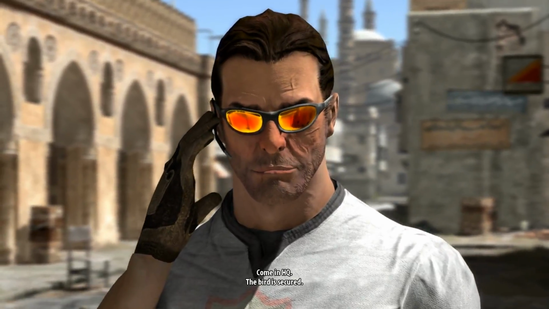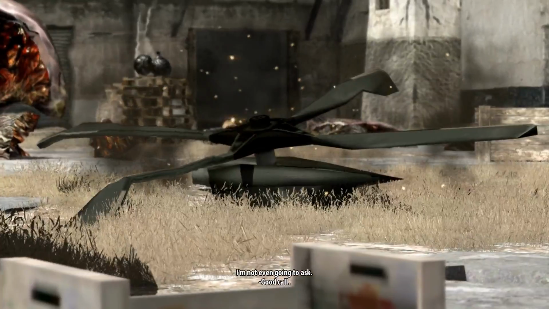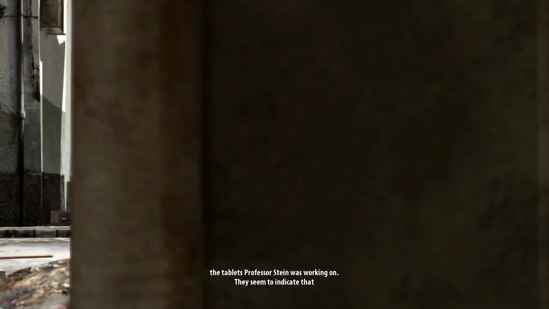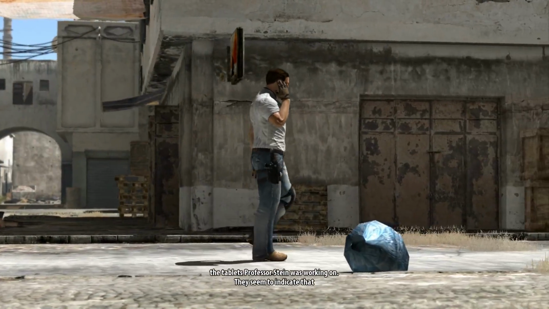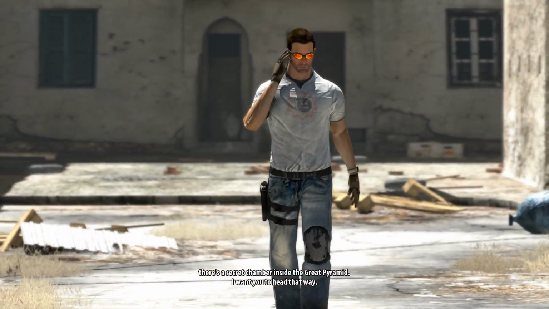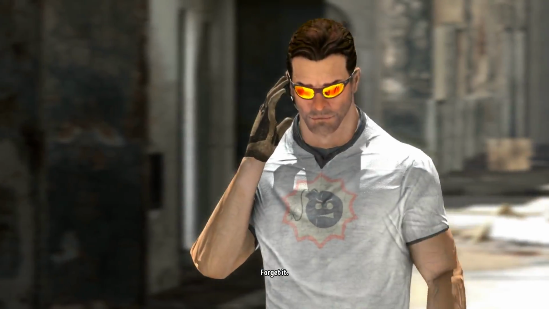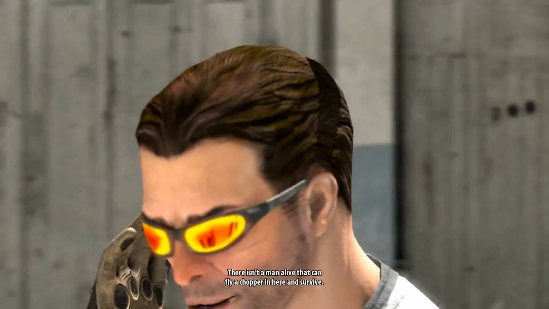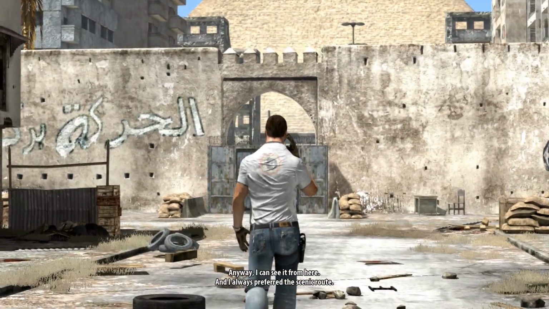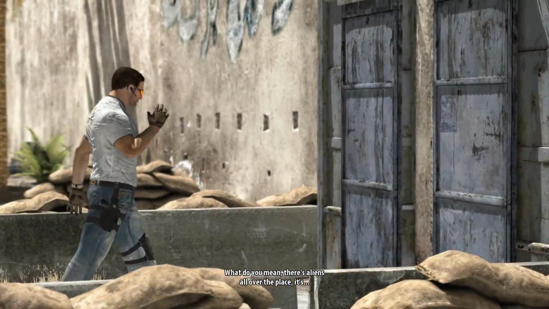Come in, HQ. The bird is secured. I'm not even going to ask. Good call. But I need to bring you up to speed on what we've gotten out of the tablets Professor Stein was working on. They seem to indicate that there's a secret chamber inside the Great Pyramid. I want you to head that way. I'll get a chopper out to you. Forget it. There isn't a man alive that can fly a chopper in here and survive. Anyway, I can see it from here, and I always preferred the scenic route. What do you mean? There's aliens all over the place. It's...